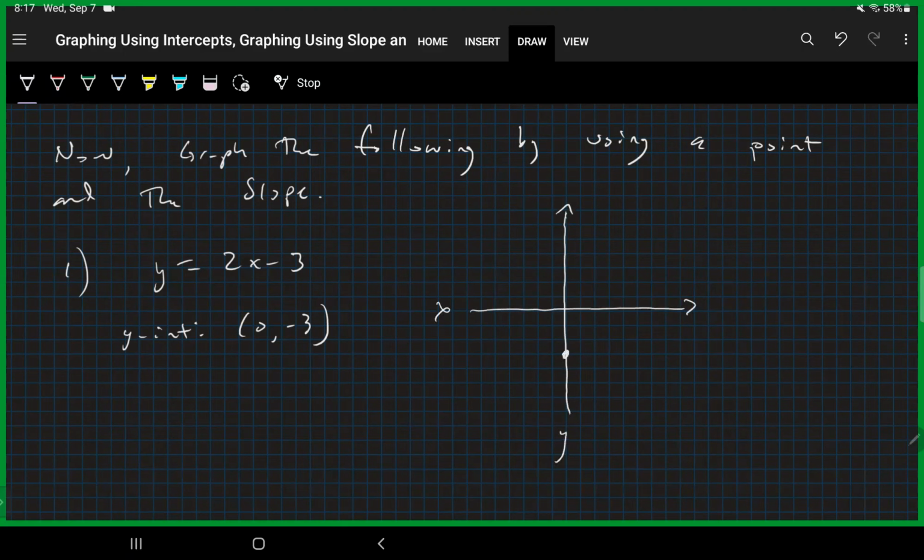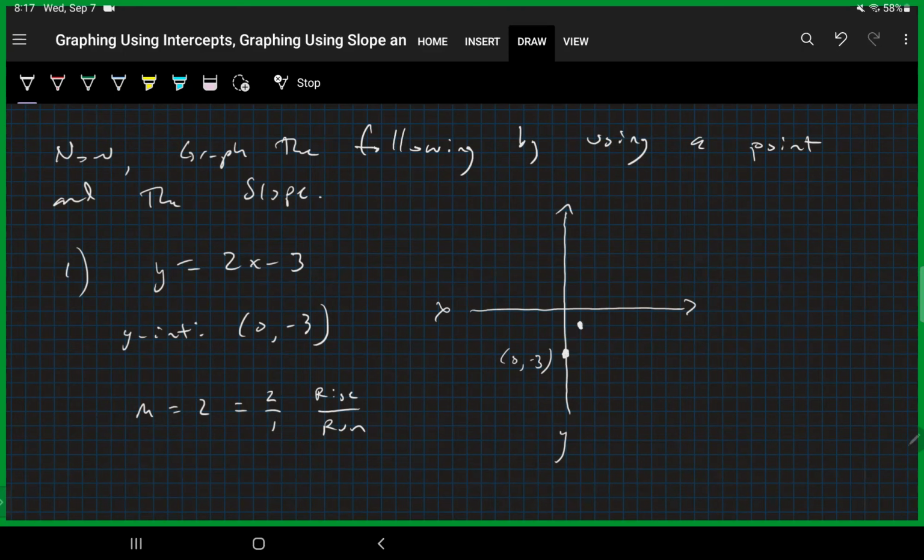So if I plot my y-intercept of (0, -3), I can use my slope to get to my next point by recognizing that m is 2. That's also 2 over 1. And this is rise over run. And so that means I have a positive slope of 2. That means I'm going to go up 2 units and right 1 unit. So if I go up 2 units and right 1, I get my next point, which is at